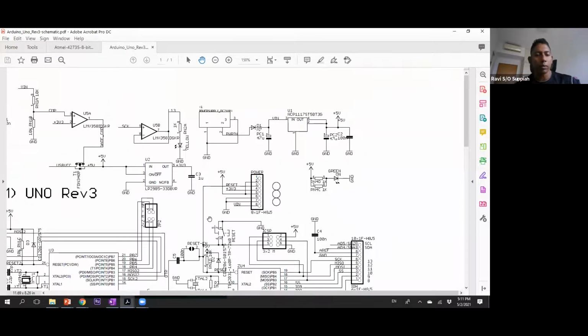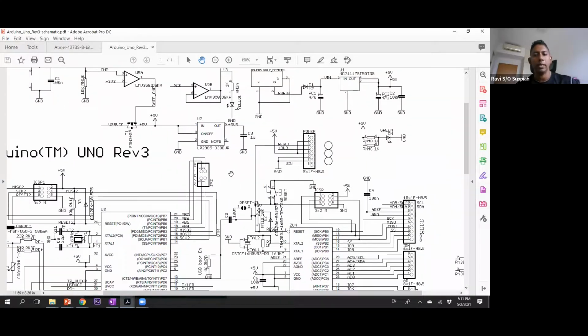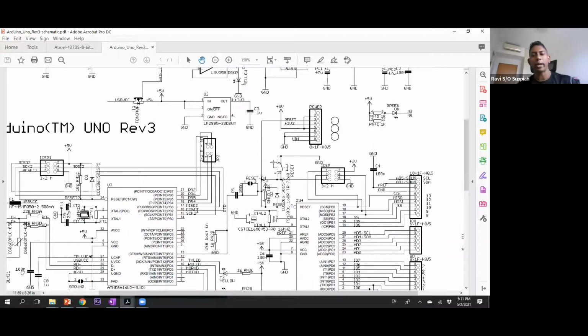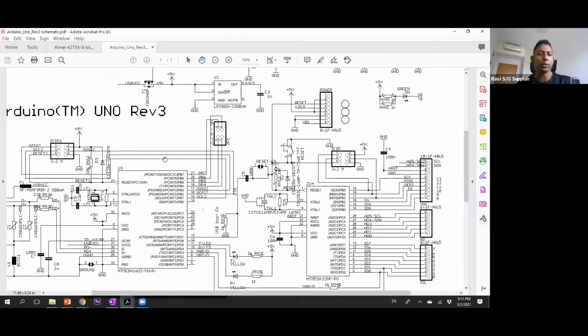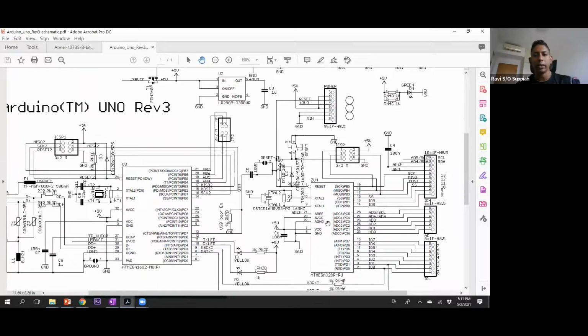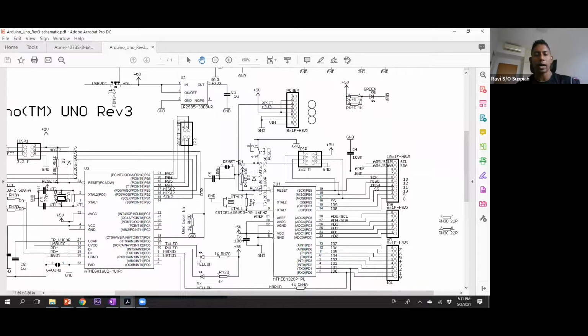Along the way, if you explore a schematic part by part, you will get some ideas: how can I build my own circuit, what are the things I need to do, and so on. It will slowly get you thinking about the hardware aspect of this kind of design as well.